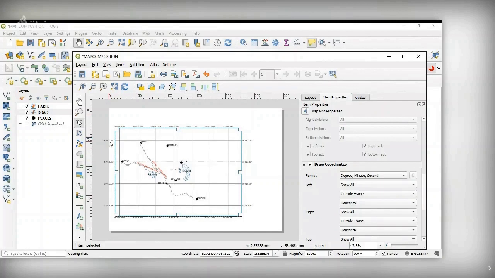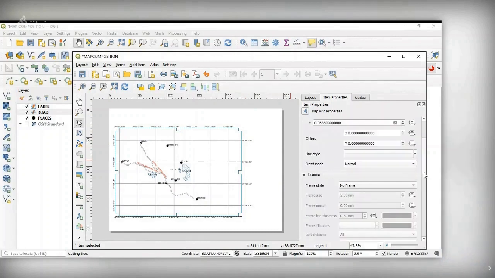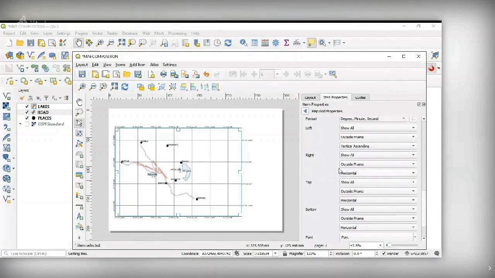and go to the grid. Under grid only you have draw coordinates.